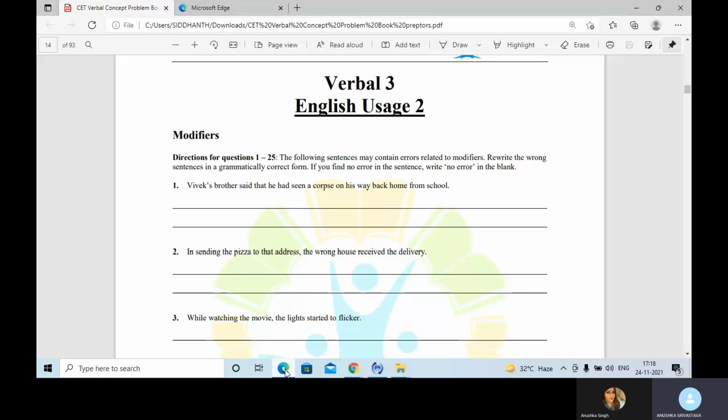The first error that relates to modifiers is known as misplaced modifier. In this error, the modifier, which is the description, and the modified, that is the thing that is being described, are not placed together. So, in short, as the name suggests, it is misplaced. We need to bring the description close to the word or phrase that it should describe. That is the first type of error, that is misplaced modifier.